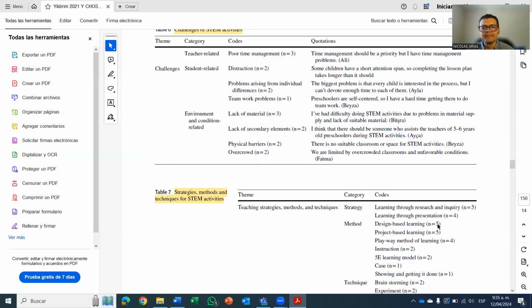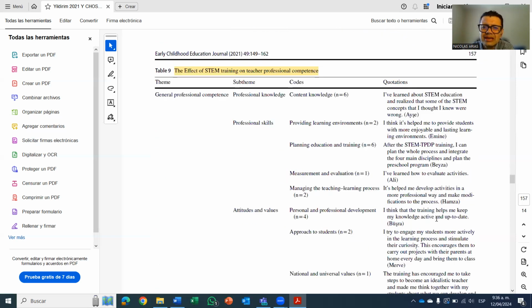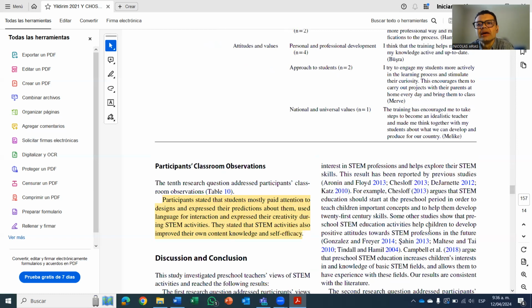So what happened in there is still a matter of my questioning about this article and how they were proceeding. What we can say is they are very clear in their analysis. Their analysis is clearly described, and they show in the results clearly the theme, categories, codes corresponding to each category, and what they are illustrating. But in terms of answering the research question, it is not so clear.